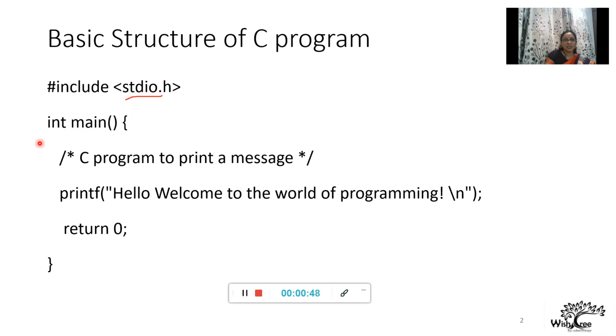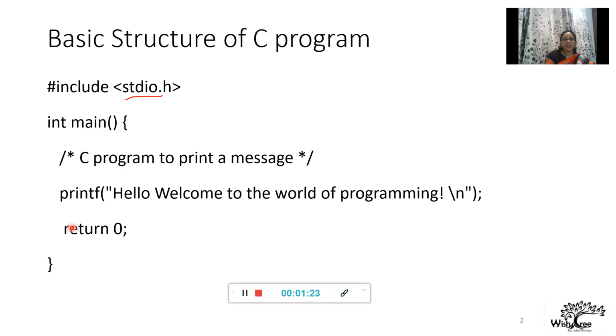C program begins its execution from the main function. Every C program should have the main function, right? And int is a keyword here which is describing the return type of the main function. It is of integer data type, that is indicating the main function is returning an integer value. Then we have the printf statement which is going to print the message here. So this whole program is going to just print this message, okay, and this return value indicating that the main module is returning some value indicating whether the successful completion has happened or not.